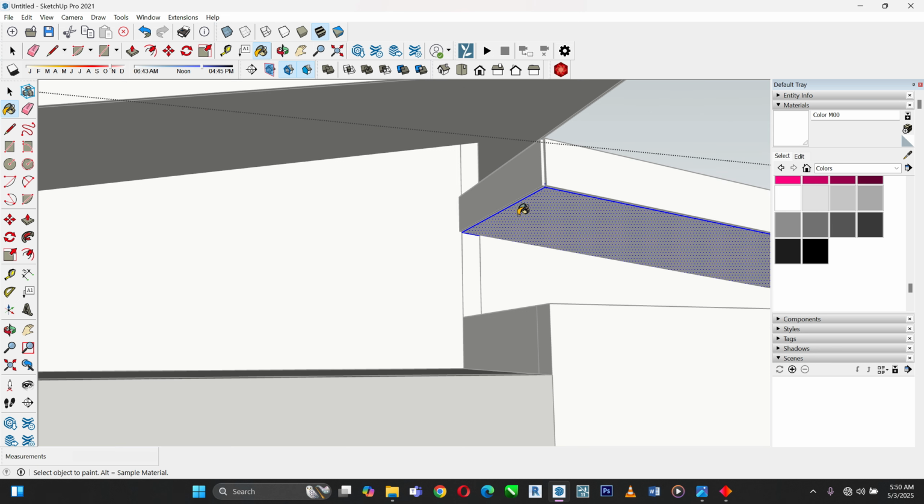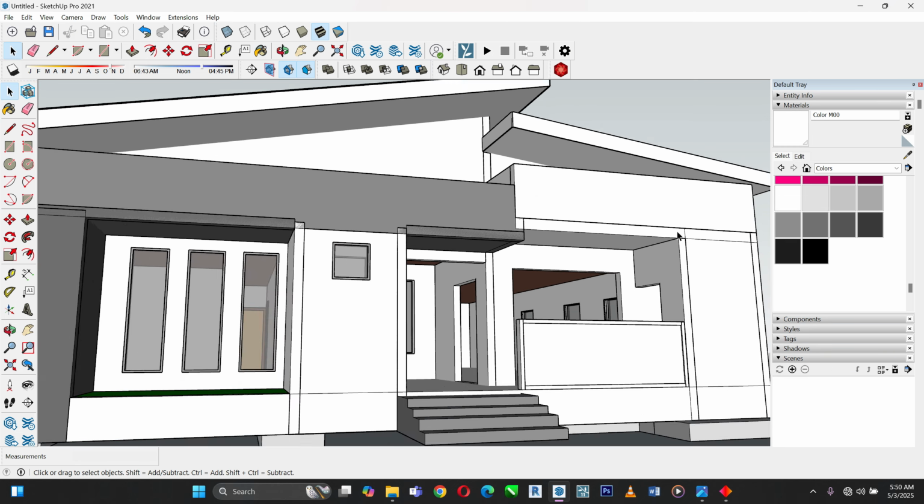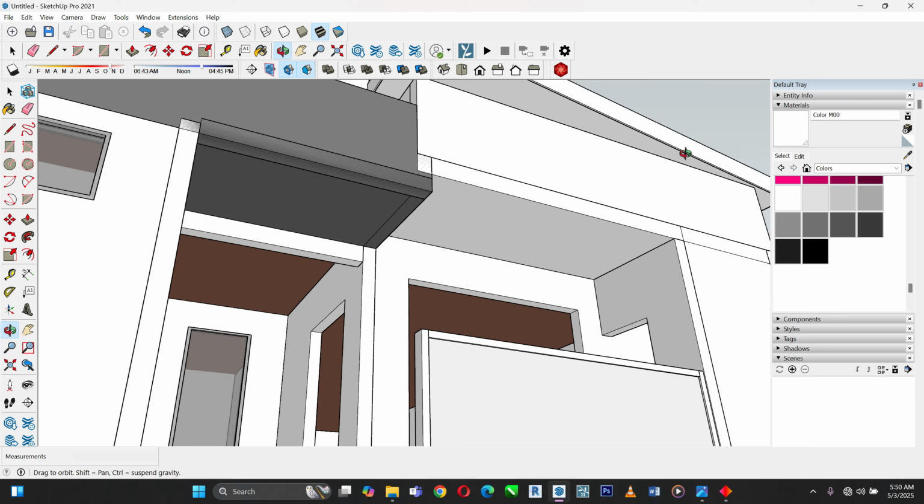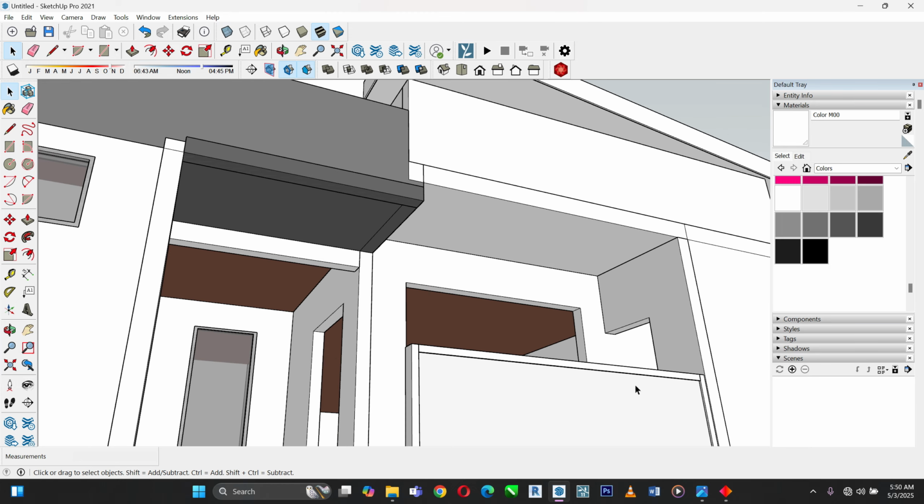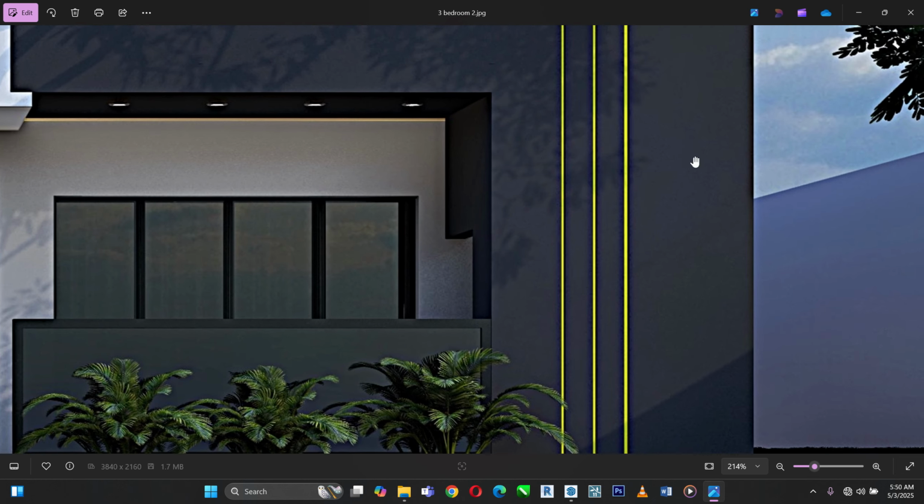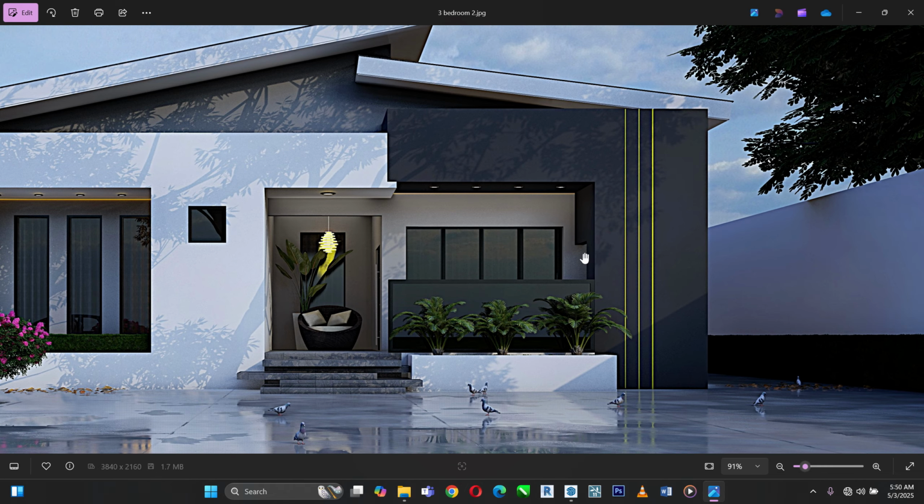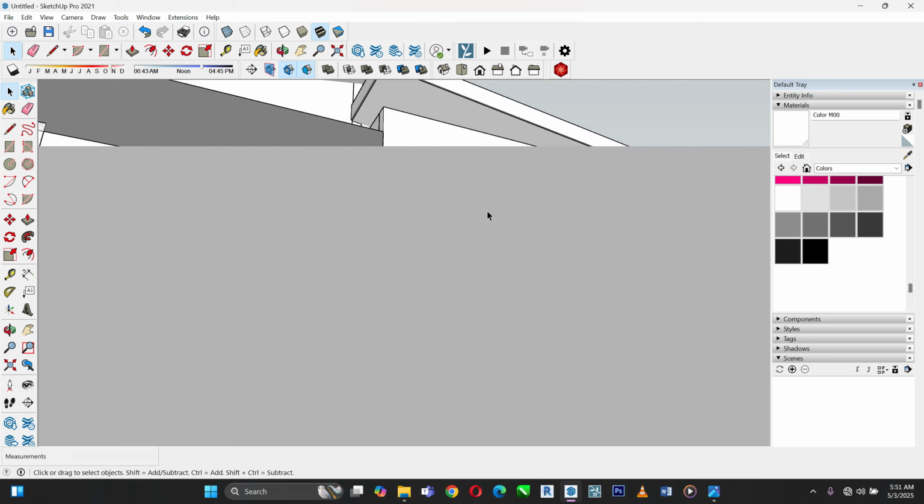The ceiling, the clouding rather, white. So there it is. Let's go back to our model and see what next we need to do. So there's a strip light right here. To add a strip light is too easy. What we need to do